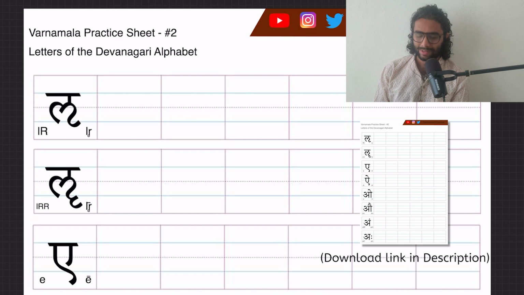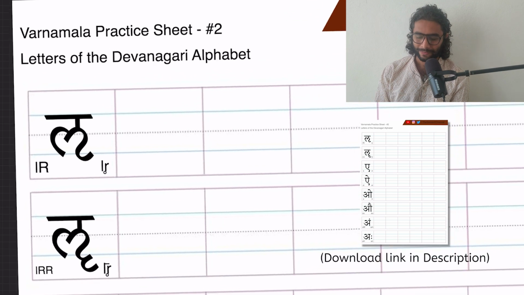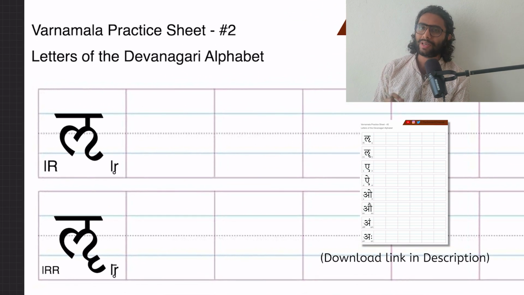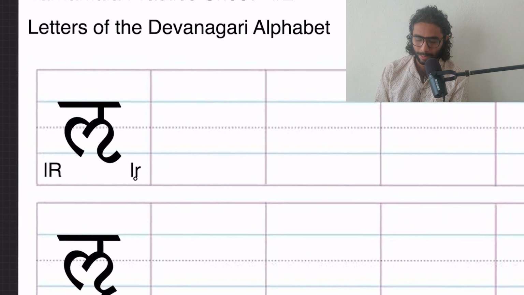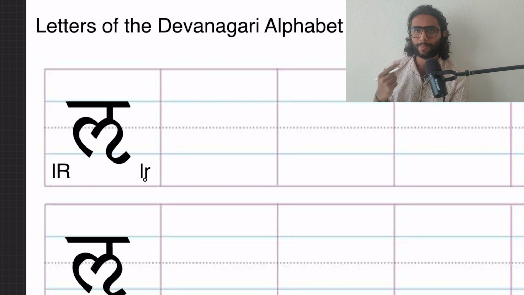Let us get started with the ninth vowel of the Devanagari alphabet, which is R. There are some sounds, some vowels of Sanskrit, which do not intuitively sound like vowels. They sound like consonants, like L, R. At first glance, you might not feel that they are vowels, but they are vowels of the Sanskrit language. So please make sure that when you practice them, you're conscious that what you're practicing are the vowels of the language. The next vowel, the ninth vowel, is R.